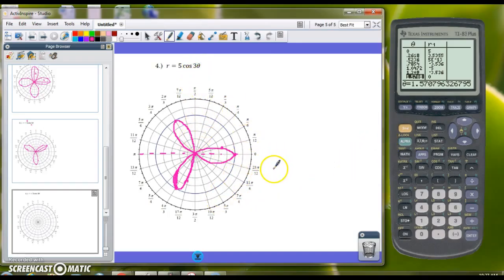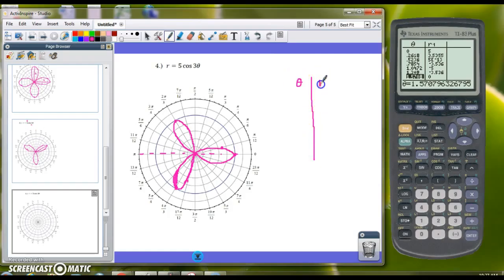Use your calculator when you're doing these graphs. You do not need to write a table on your paper because you're just copying it off of the calculator, so I don't need to see the work of the table. You can just go right to making the graph. If it helps you to translate what's in the calculator into a table on paper and change these values to radian measure and then write the table that way,